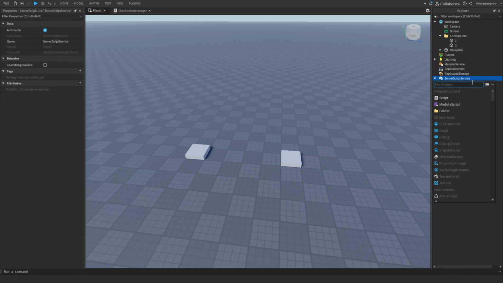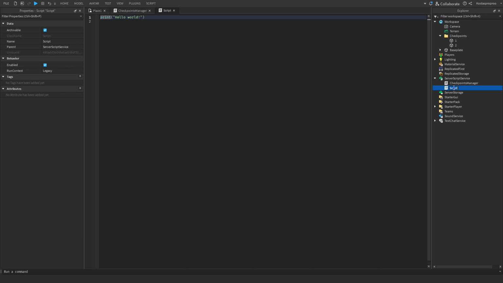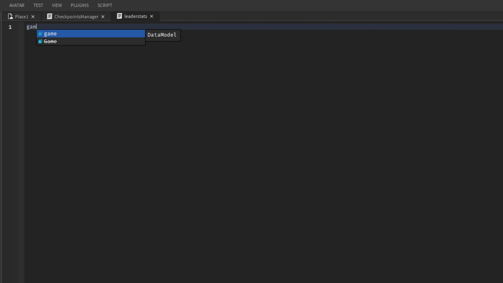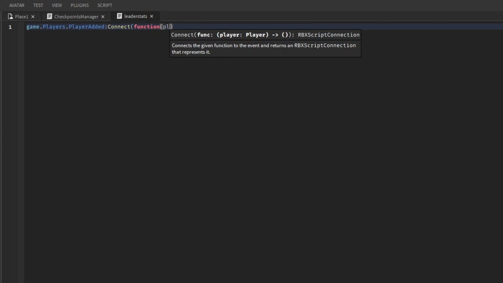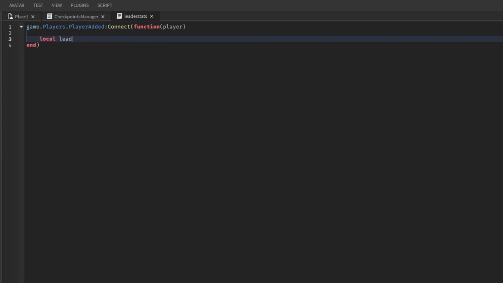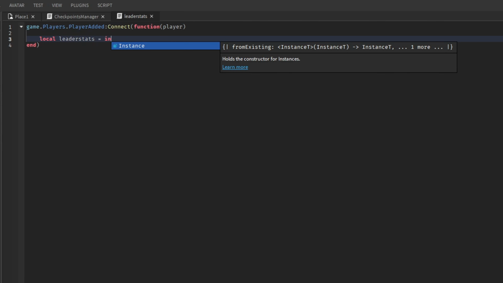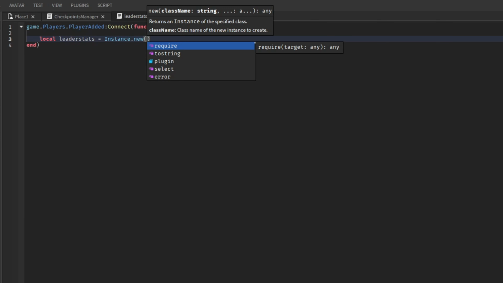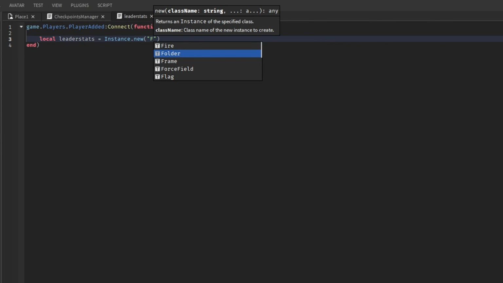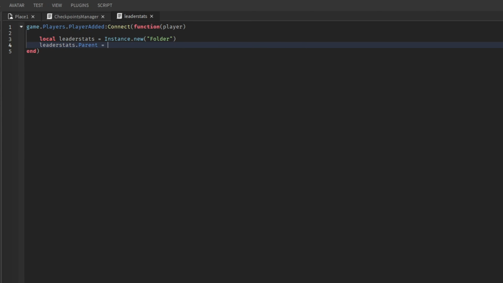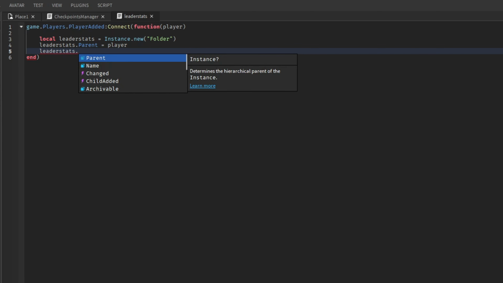okay, for now we're just gonna make some leaderstats. If you already have leaderstats, just skip this part. So leaderstats. So game.Players.PlayerAdded:Connect(function player, with the P in capitals. So local leaderstats equals Instance.new folder. So leaderstats.Parent equals player, and then leaderstats.Name